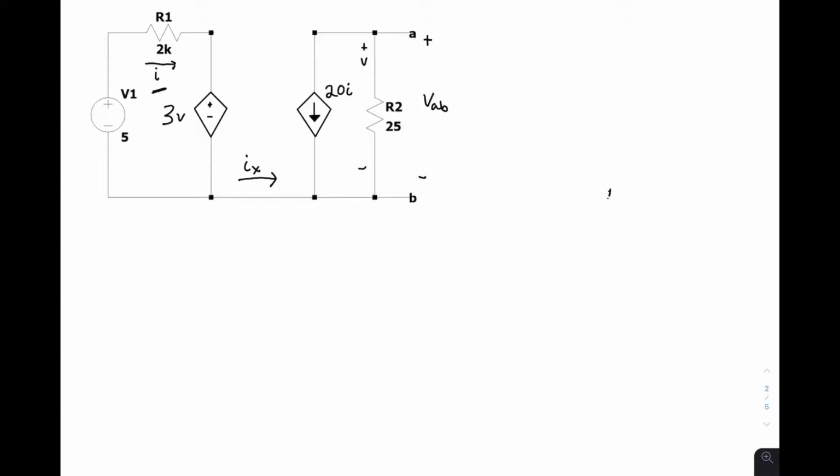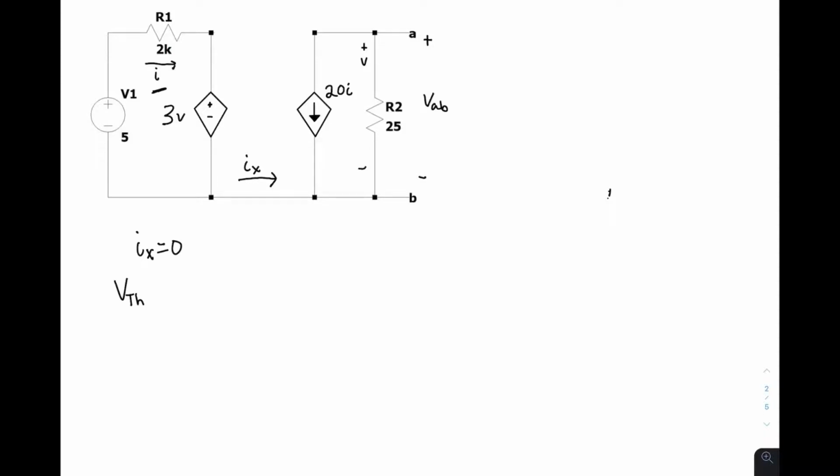So let's take a look at an example with dependent sources. Here we have a circuit with a dependent voltage source as 3V and a dependent current source as 20I. So the first step in analyzing this circuit, you need to recognize that the current labeled IX must be 0. This is because there's an absence of a return path for IX to enter the left-hand portion of the circuit. So the open circuit, or Thevenin voltage, will be the voltage across the 20 ohm resistor. So with IX equal to 0,